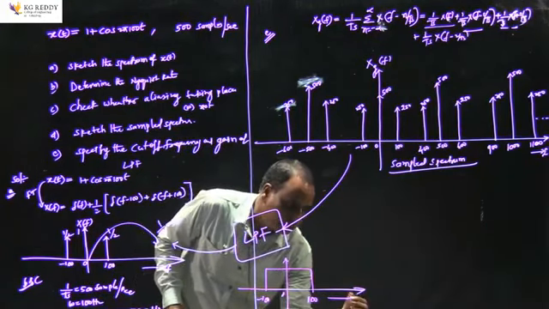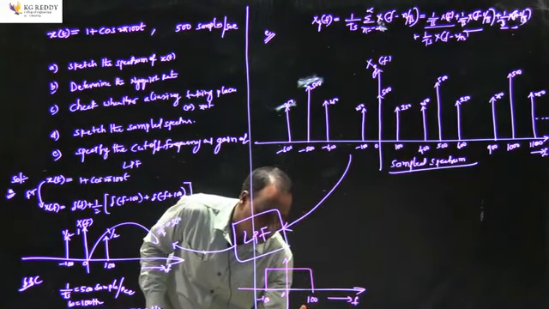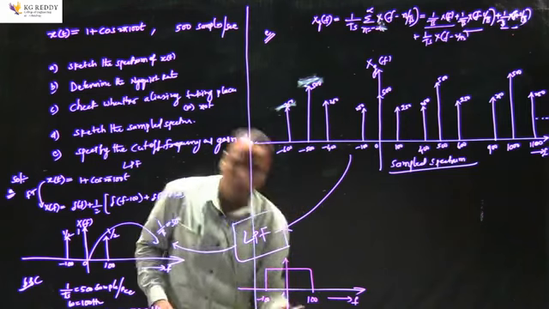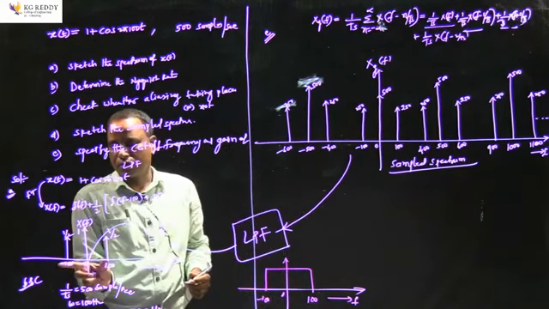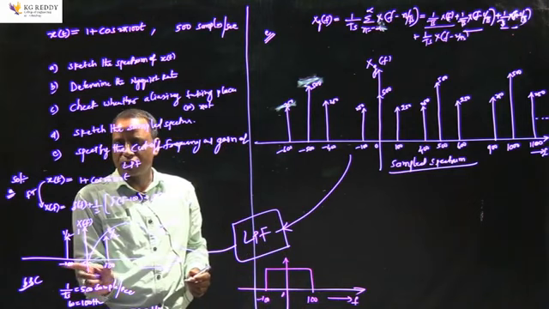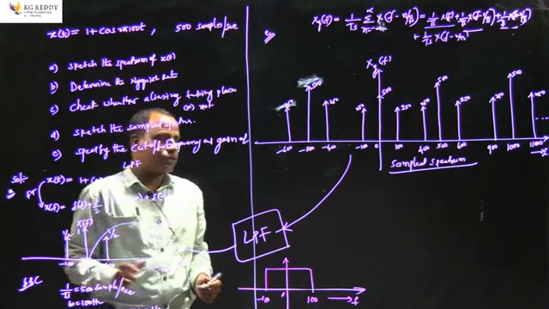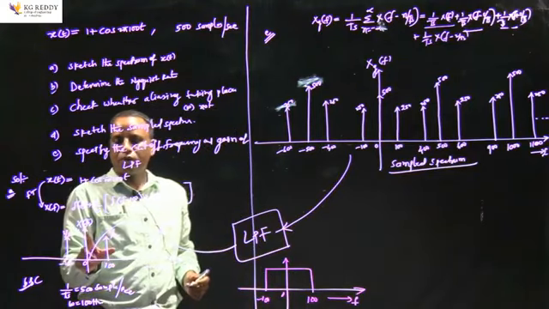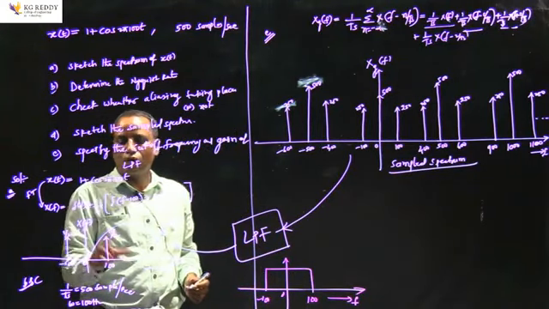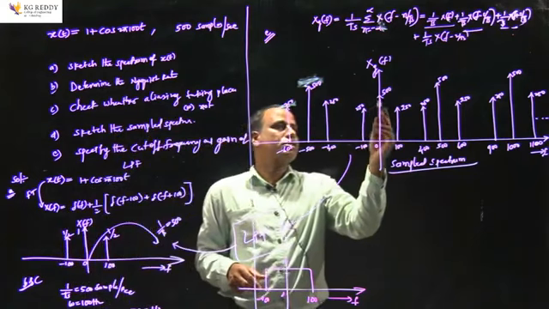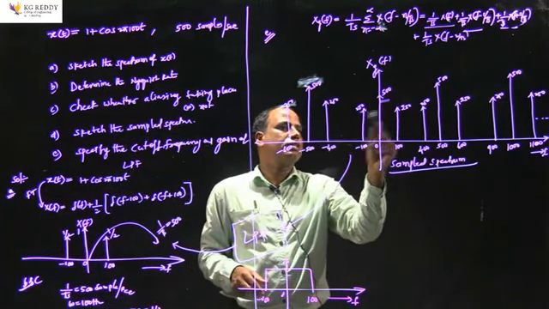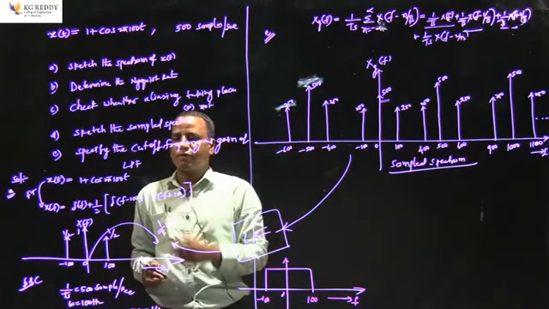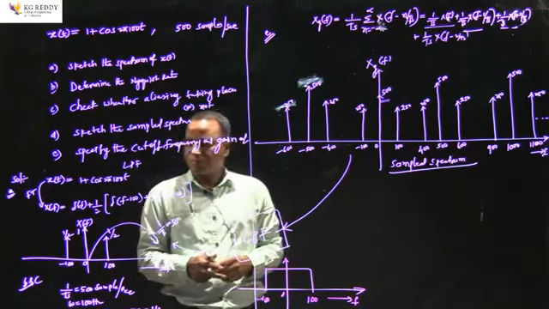With this cutoff frequency omega naught of 100 hertz, we are able to get only these particular signals, minus 100, plus 100, in between minus 100 to plus 100, one component at origin. We are able to get that particular signal. But if you look at the magnitude of this particular spectrum, it is 1 and half and half, whereas the magnitudes we have here are 500 and 250 and 250. So this 500 should be converted to 1 and this 250 should be converted to half.